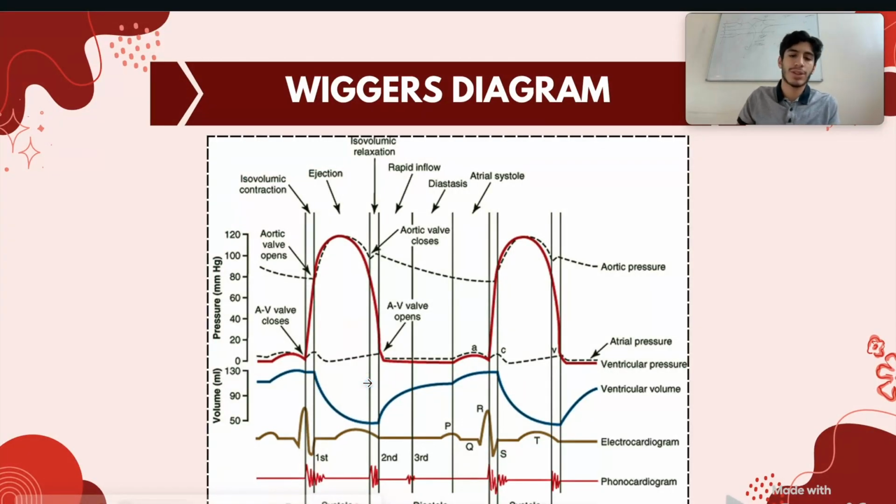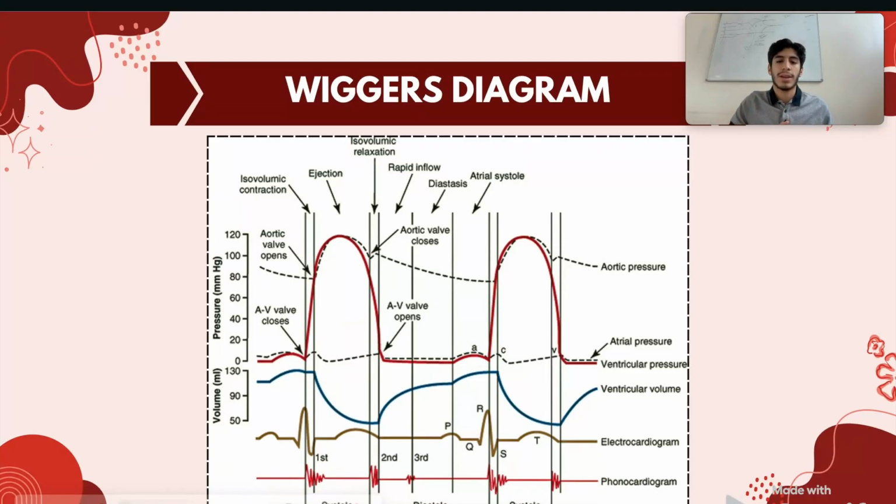Okay, now let's talk about the ventricular pressure. So for the ventricular pressure, let's start from the atrial contraction again. So the atria contracts. It's pushing blood into the ventricle. This causes a bump in the ventricular pressure as well, right? And you can see the blood is increasing. It causes a bump in the ventricular pressure. Now the AV valve closes, the mitral valve closes, and as soon as it closes, the